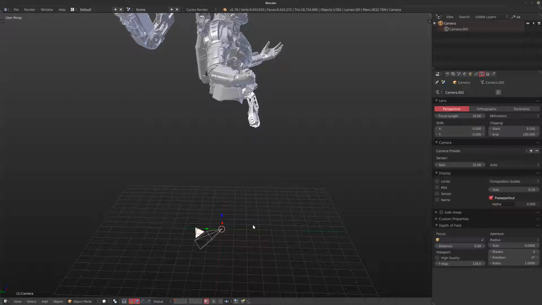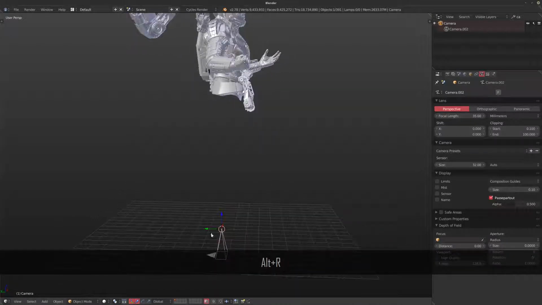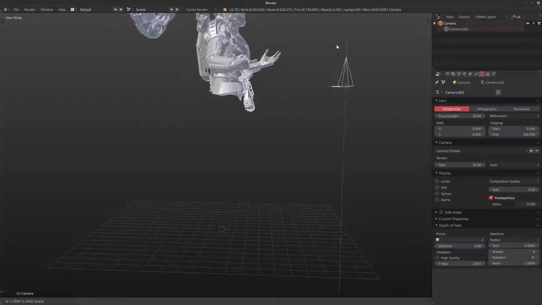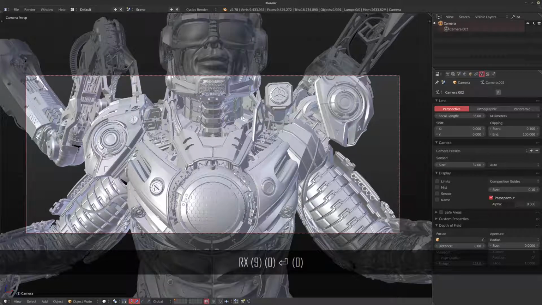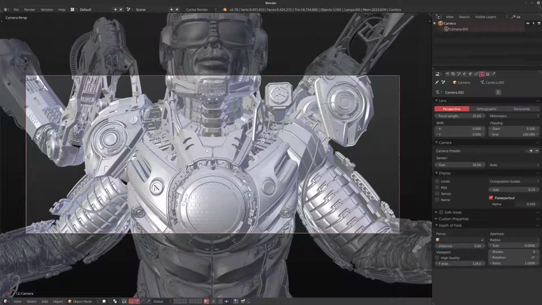So if you find that annoying, you can hit Alt-R to reset the rotation, and then you could bring it up and rotate it 90 degrees on the x-axis, for example, to get sort of a nice front view from whatever you're doing. Now, before I get into this, I want to talk a little bit about the Passepartout over here,